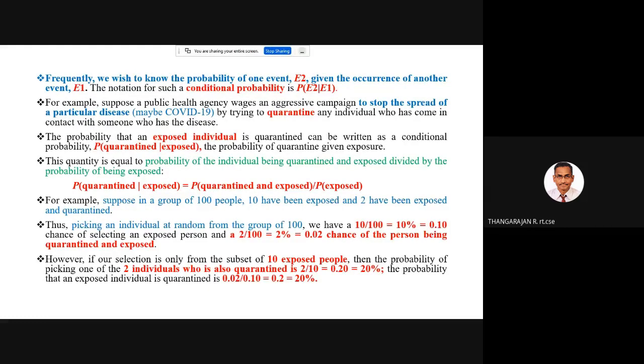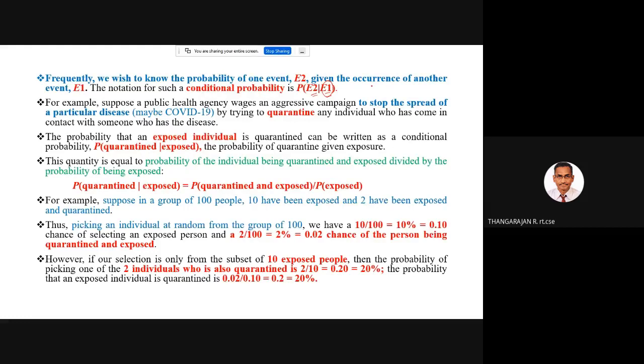Now, what happens when the events are not independent? Just like I told you about the match, the outcome of the match will depend upon whether it rains or not. So raining is one event. I can call E1 the event that it is going to rain, and E2 the event of the outcome of the cricket match, for example, whether India will win or Australia will win, or there is going to be a draw. That depends upon whether it's going to rain or not.